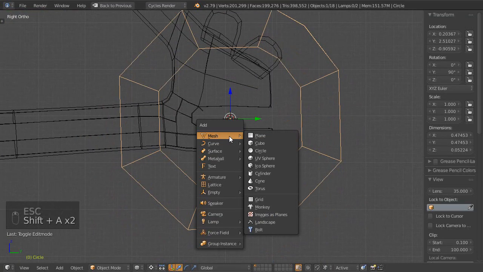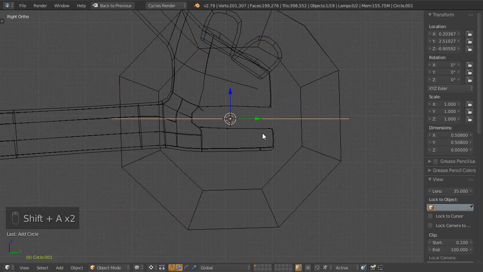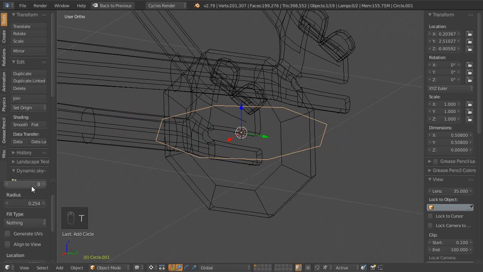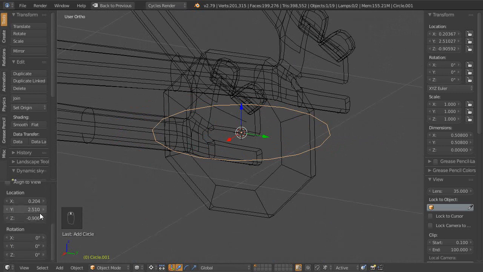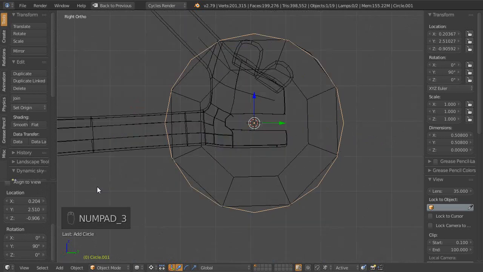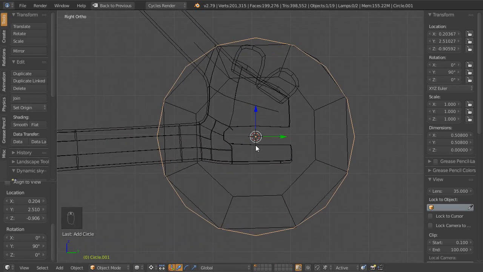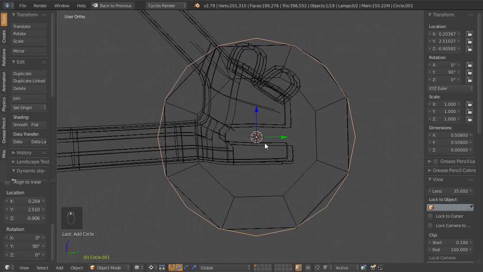Mesh, a circle, and I'm going to make it 16. It's a good thing it remembers, right? What you did last, except for the rotation. Come on, Blender, what's up with that? Okay, 3. All right, back. It's right at the center, so